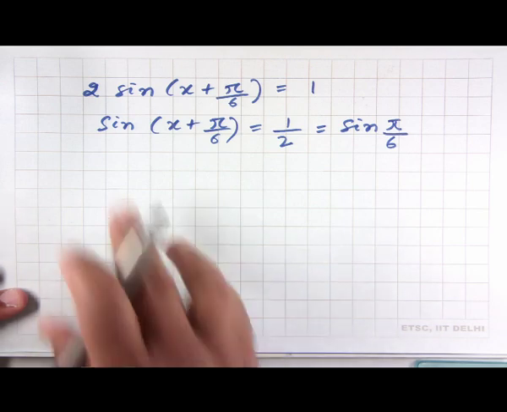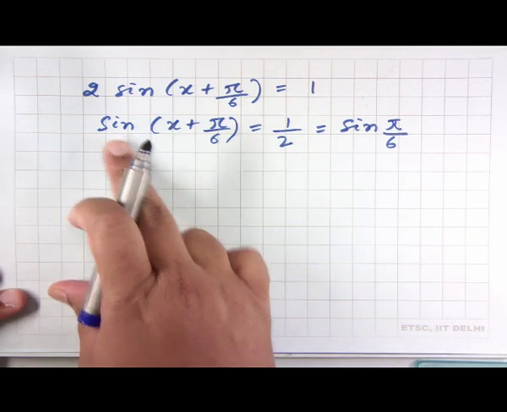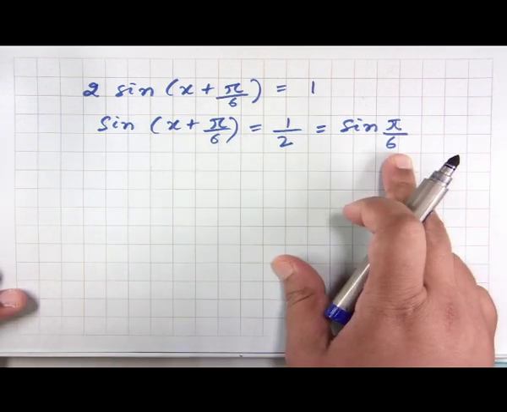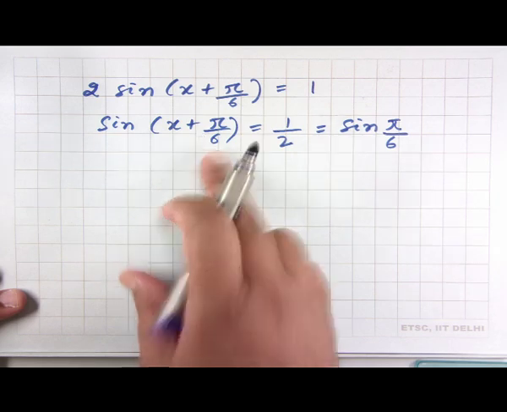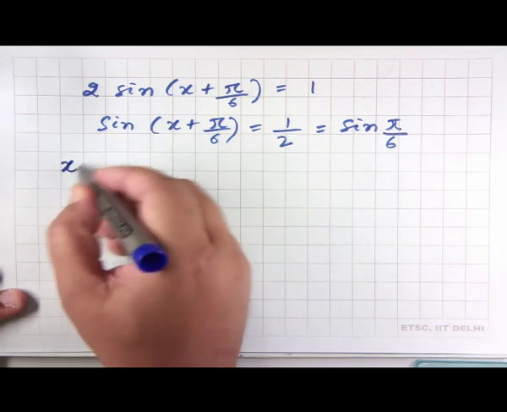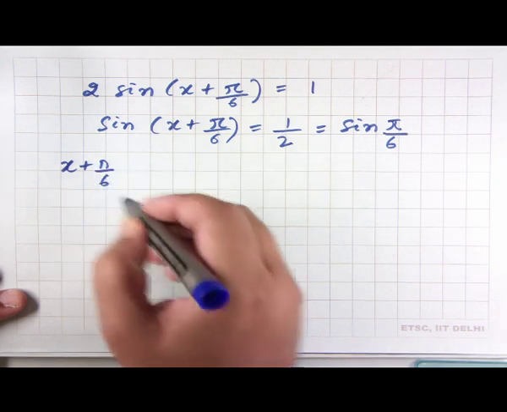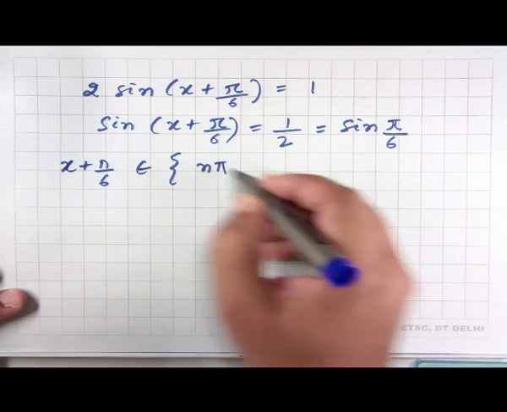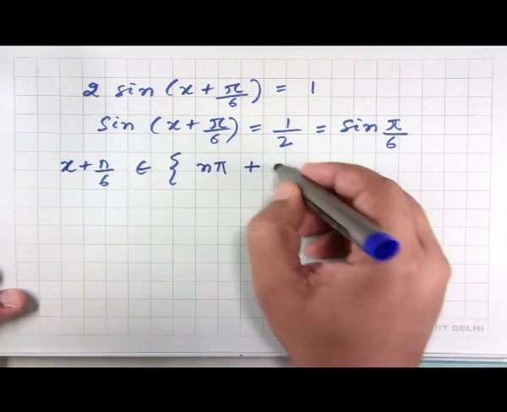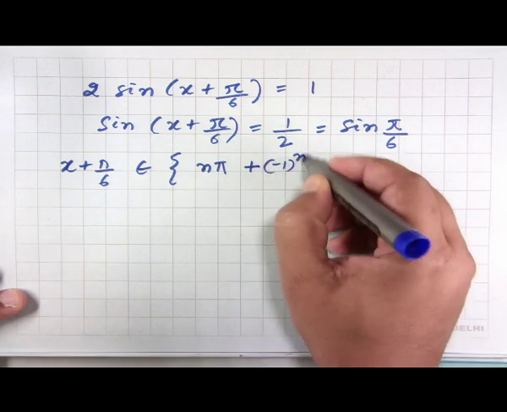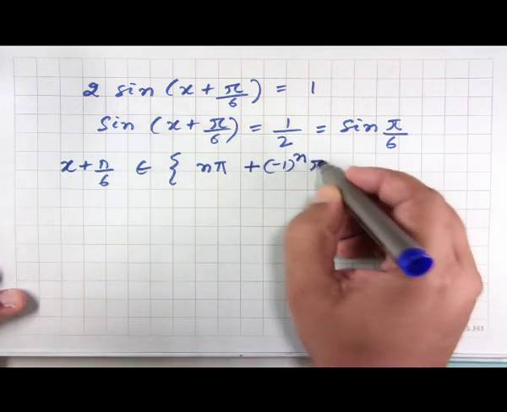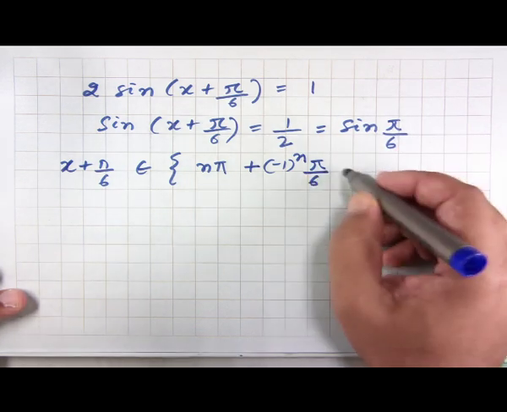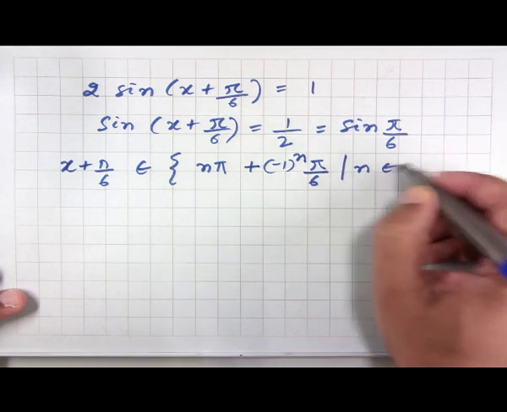So, here we again have an equation of the form sine x is equal to sine y, and for this we know that the general solution is that x plus pi by 6 should belong to the set n pi plus (-1) to the power of n times y. In this case y is pi by 6. So, pi by 6 for all integer n,